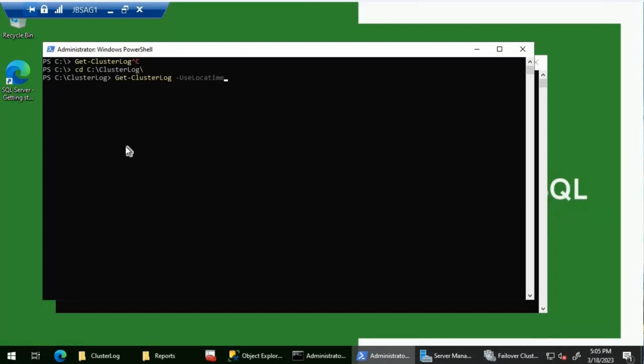We will tell that to use the local time, and we will also mention the destination location for copying this file to C colon cluster.log, and for that I will use the dot symbol here, which basically tells that you create the cluster.log onto this location, the C drive cluster log folder. So this command will basically connect to each of these nodes, generate the cluster log, and